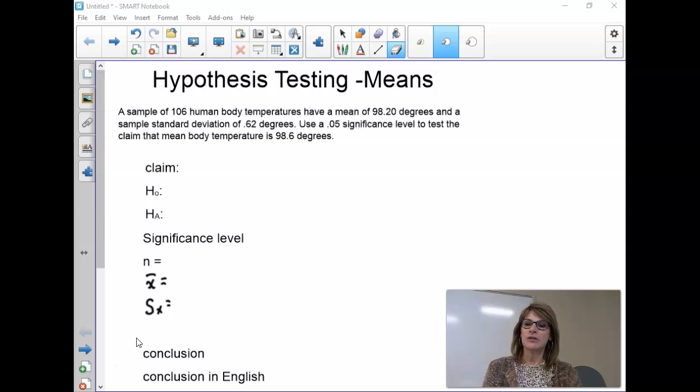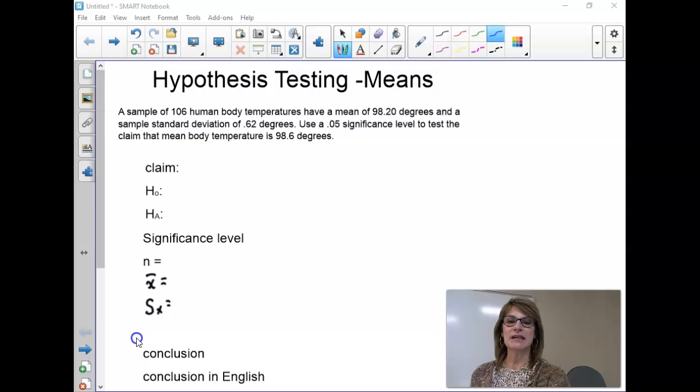A sample of 106 human body temperatures have a mean of 98.2 degrees and a sample standard deviation of 0.62 degrees. Use a 0.05 significance level to test the claim that the mean body temperature is 98.6, which is what everybody thinks. So we claim that it's 98.6 degrees, and we have a mean, so we claim that the mean is